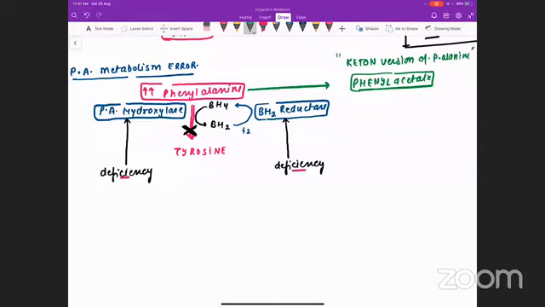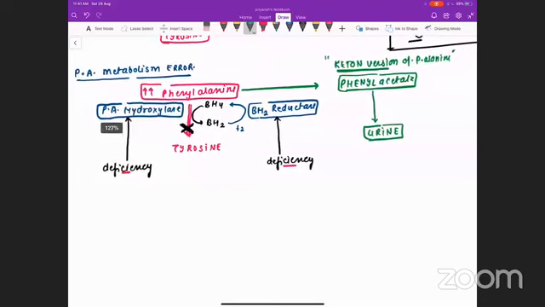So what we can notice is, if there is deficiency of either of the enzymes, the ketone version of the phenylalanine is getting accumulated in the blood. This phenyl acetate is a water soluble molecule, so it can easily travel via the blood and can be excreted out in the form of urine. So this phenyl acetate can come out from the body in the form of urine.